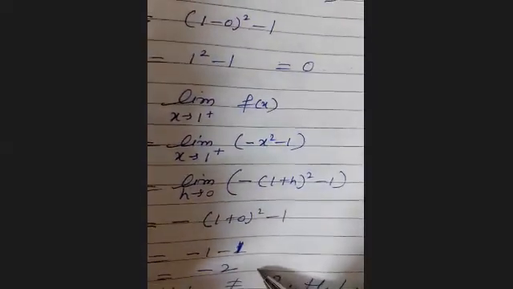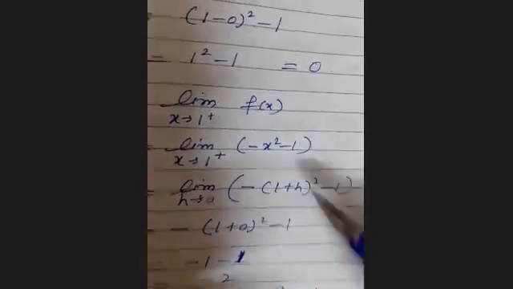And for the right hand limit, we have to use x greater than 1, this part of the function. And after using it, we have to change the limit. After changing the limit, we are getting minus 2. As you can see here, the left hand limit is 0 and the right hand limit is minus 2. That's why the limit does not exist for this function. So in this way, we have to do the left hand limit and right hand limit.